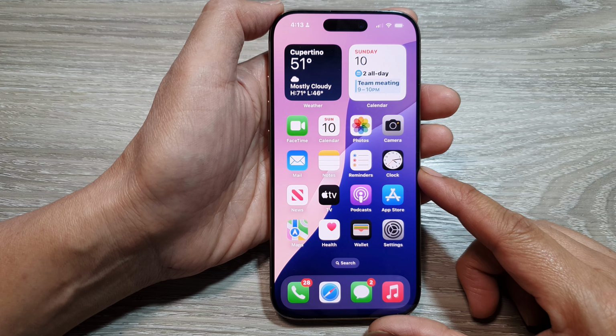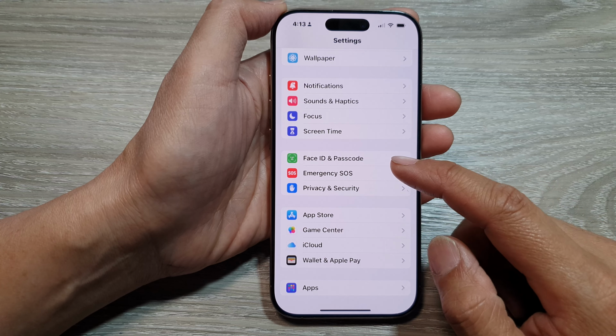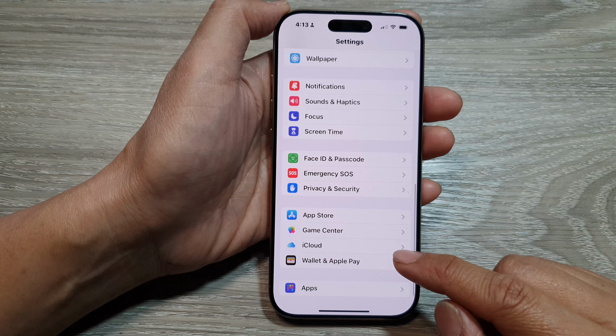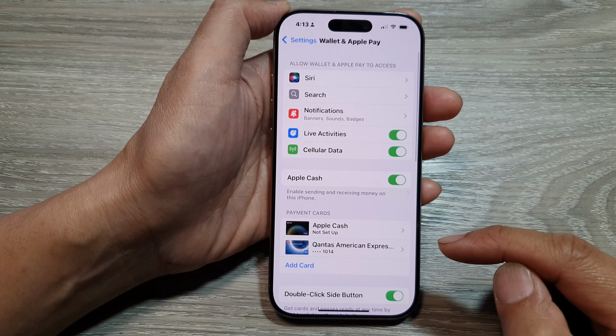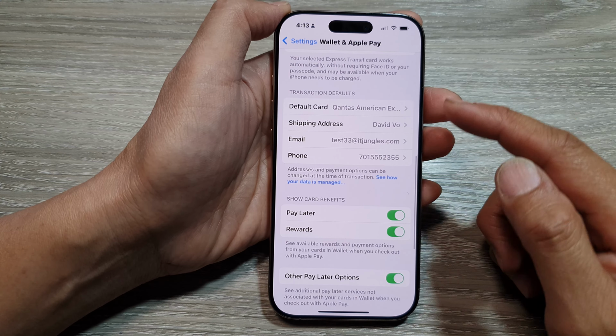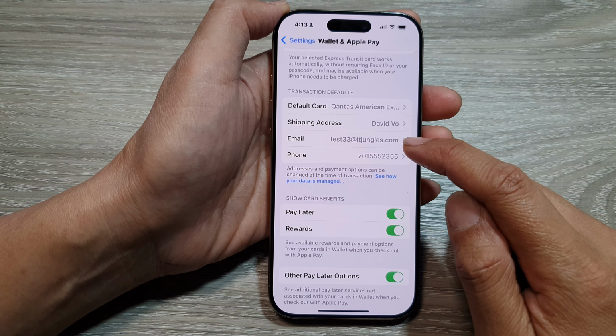Now from the home screen, tap on Settings. Then in the Settings page, we scroll down. Now in here, tap on Wallet in Apple Pay. Next, we scroll down. And then in the transaction defaults, tap on the email field if you want to change